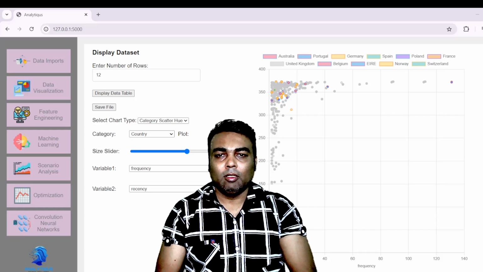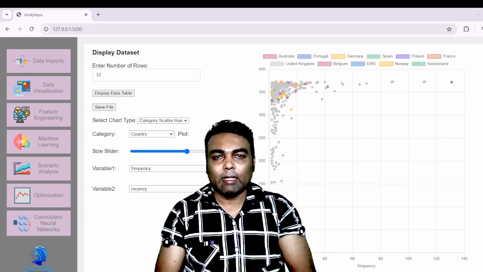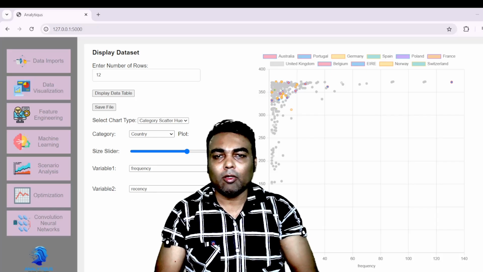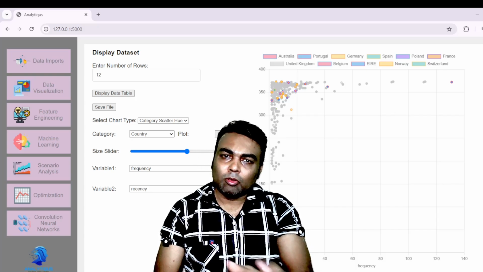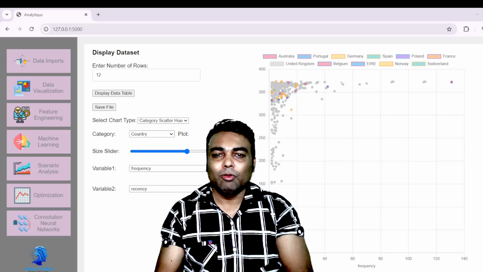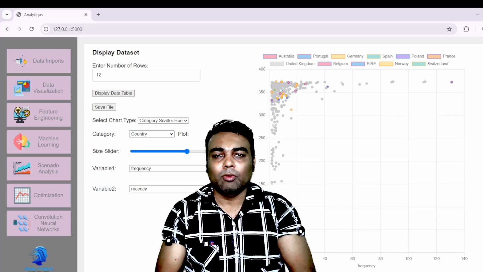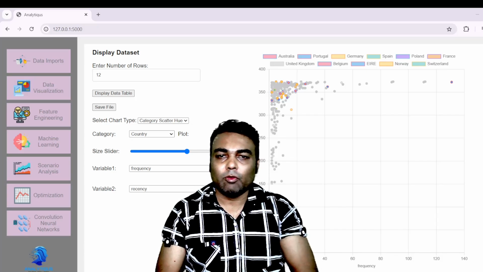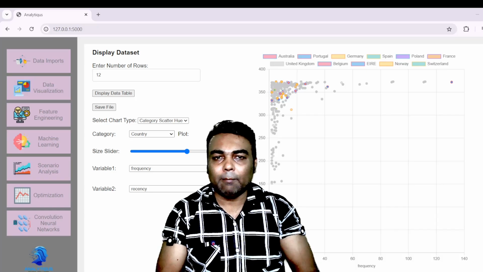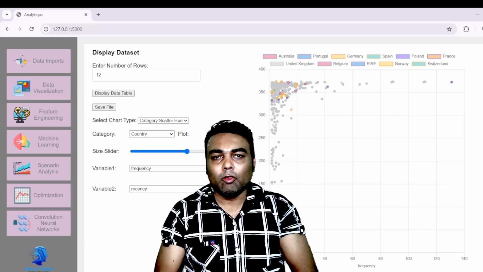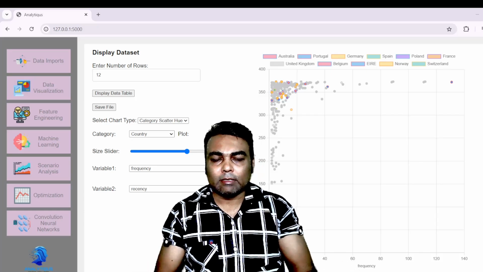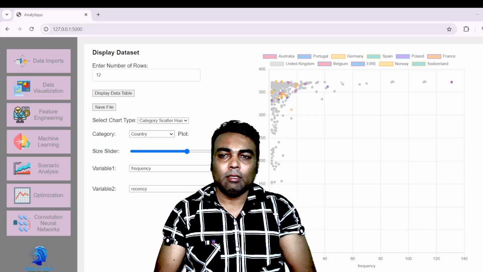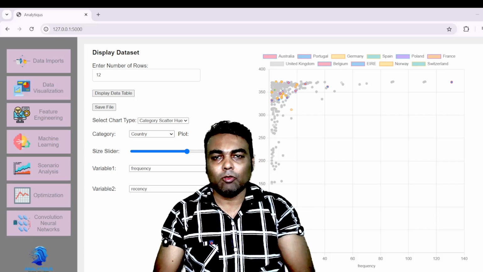certain limitations. On the other hand, there are data visualization software like Power BI or Tableau. You can produce a good chart, but you cannot do basic machine learning tasks, or data analysis, data transformation, you cannot prepare a data pipeline, or deploy your machine learning model after training with these softwares. So if you want to do all these things in one place, I think Analyticus is the best solution for you.